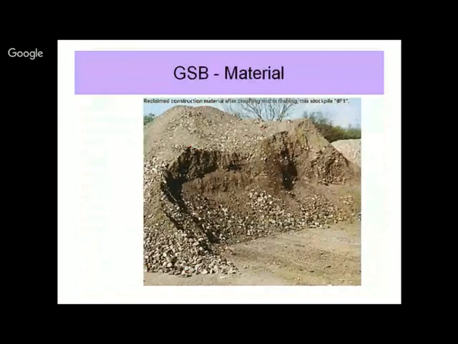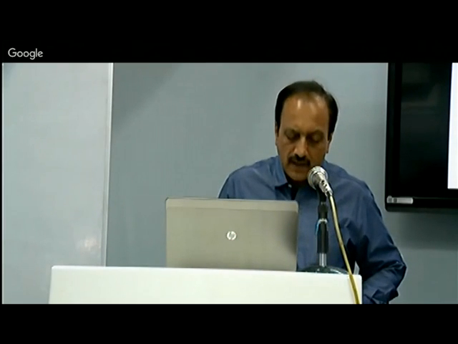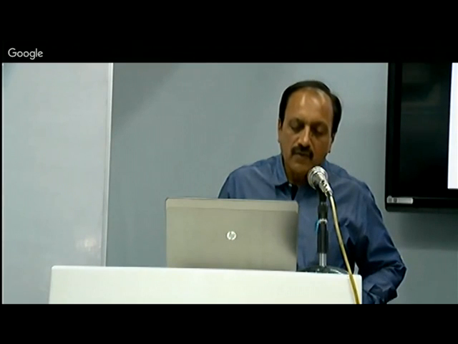Now let us see what GSB material really looks like, and there are basically two sources of the GSB material. One is a riverbed site. So if you have visited some hill or a river, you must have seen particularly under the bridges that there are some rounded and semi-rounded boulder stones and along with them some finer material and also sand. तो ये रिवर साइड के ऊपर आपको बहुत जगह पे अवेलेबल है, मिल जाता है,